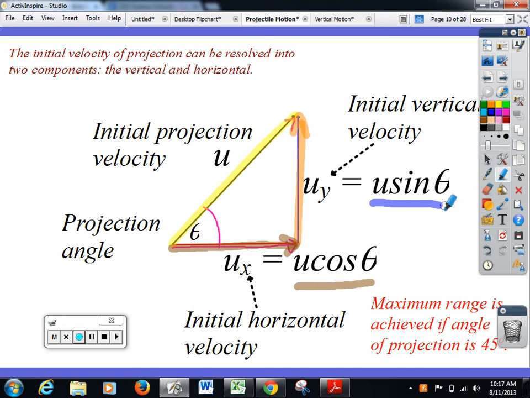While we're here, if I wanted to get the furthest out of my projectile, then I would make sure that theta is 45 degrees. So if the angle is 45 degrees, then I will get the maximum range. If it's not, it'll go up too steeply and hit the ground too close, or if it's a much shallower angle, it won't go up enough, it'll just go. Yeah. That's the technical term.